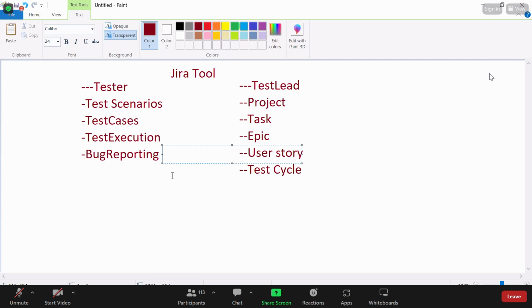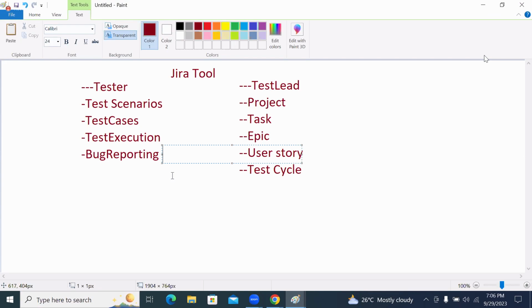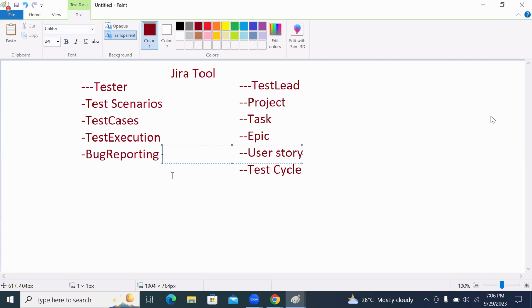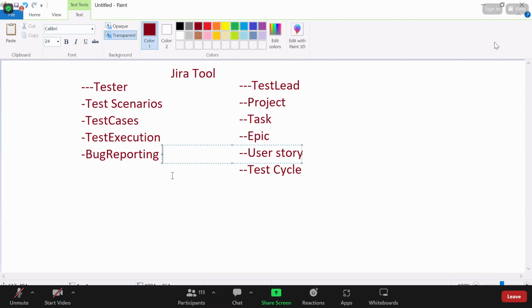But again, I'm saying that once we start automation testing, 100% you will be busy with the automation testing assignments, and you will not have any time for manual testing because